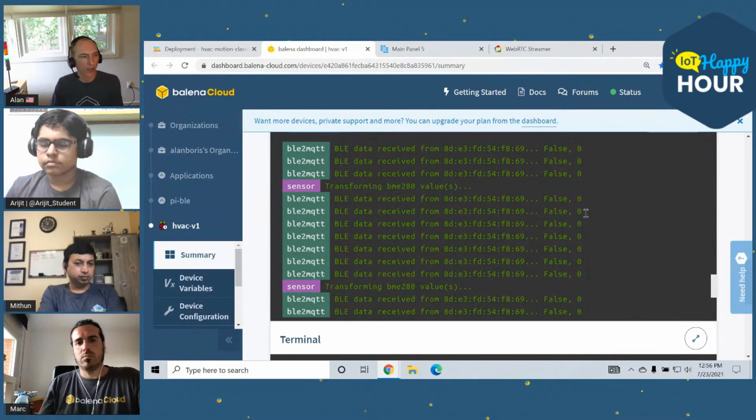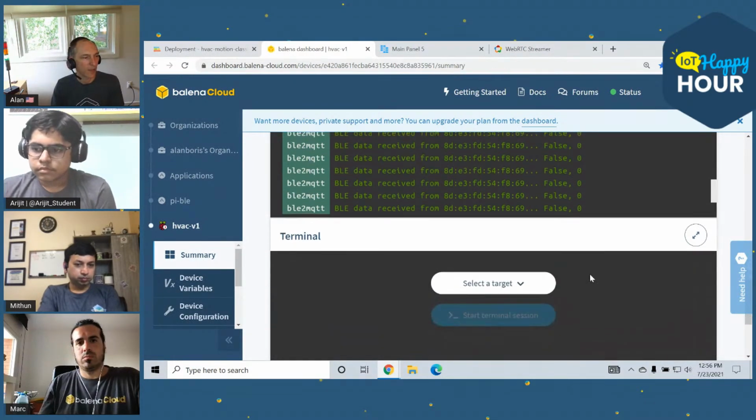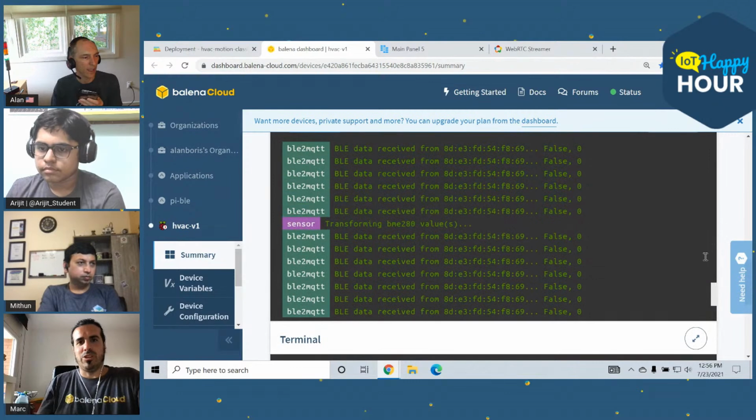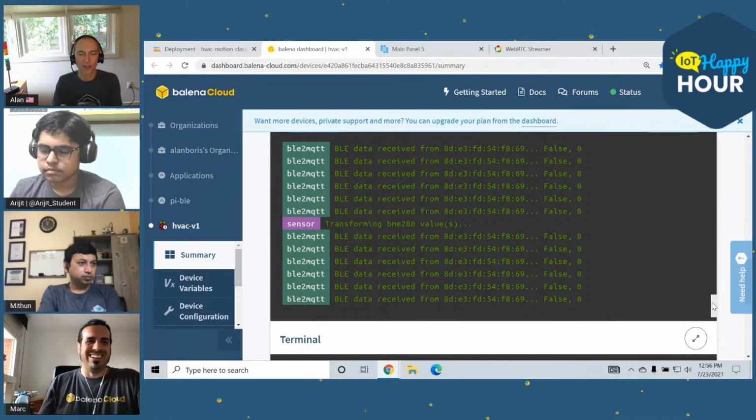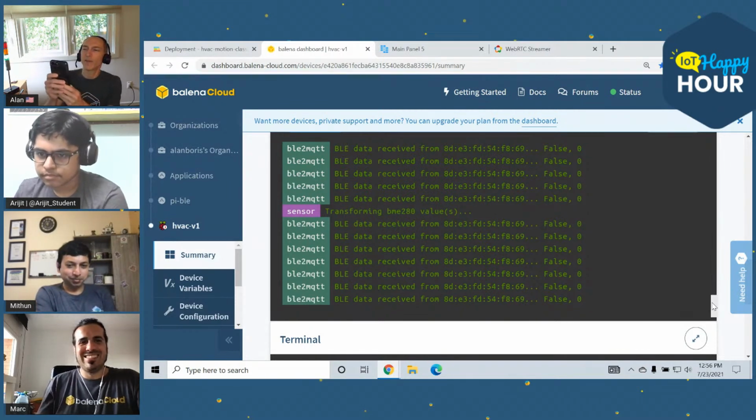So let me quickly turn on my air conditioner. I'm going to use the remote here to turn it on. You can do it from here. Yeah, I'm going to at least turn it on. I can't make it go into anomaly mode, but I can at least turn it on here. It would be bizarre if you could run it in anomaly mode. So I'm going to use my phone.